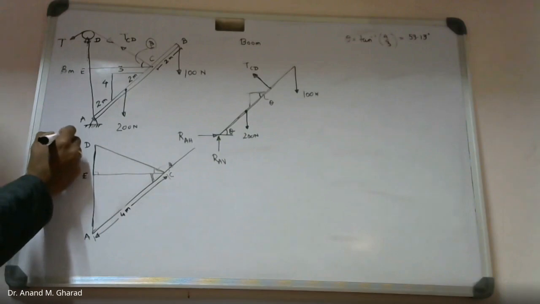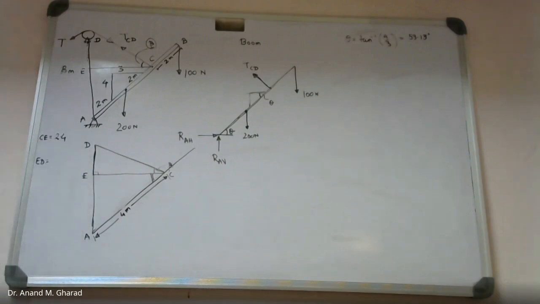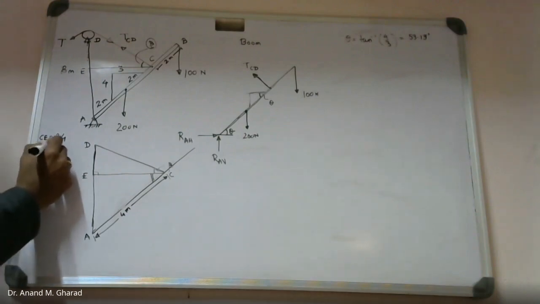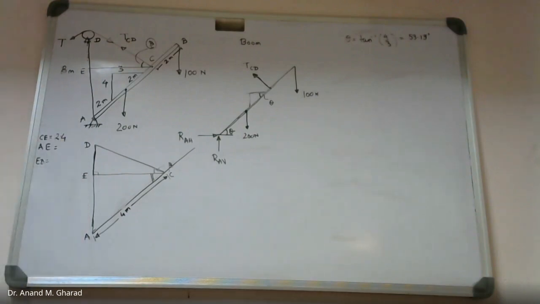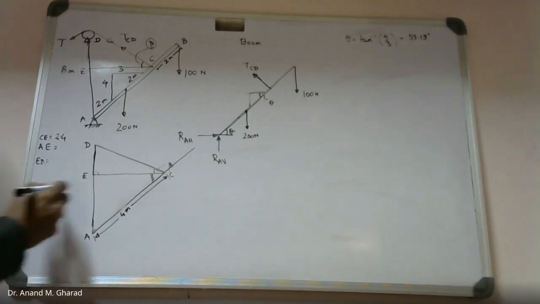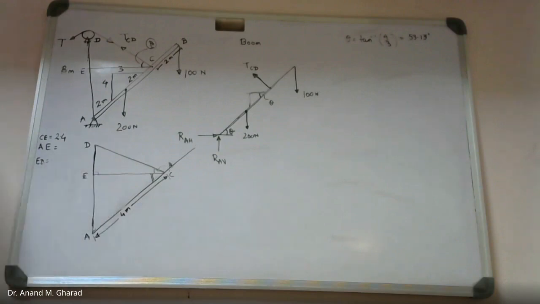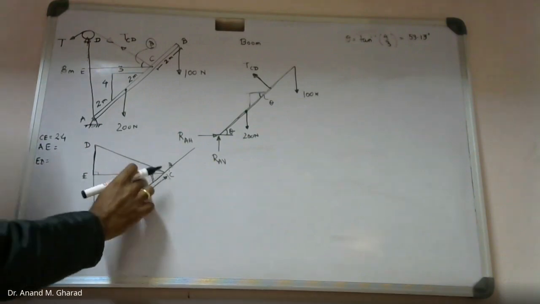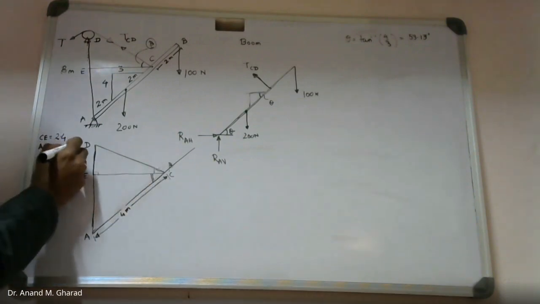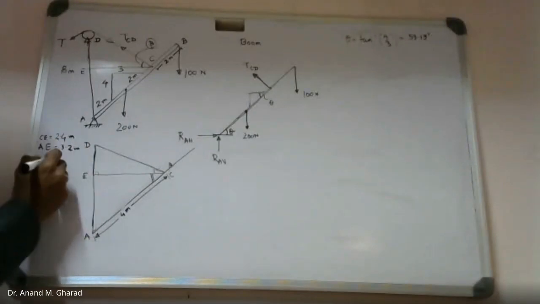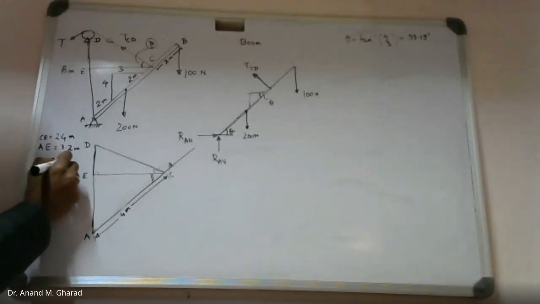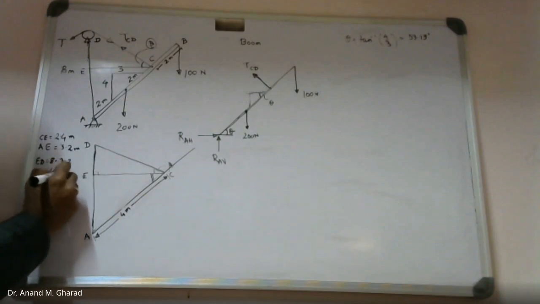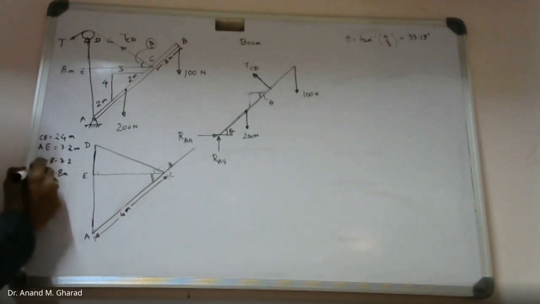2.4. Okay. CE is 2.4. Then what is AE? That is AE, it must be the sine component. Okay. So AE, if it is 4, am I right? It will be 4 sine 53.13. Yes, sir. 3.2. So this is 3.2 meter. So ED shall be 8 minus 3.2. Yes, sir. 4.8. 4.8 meter. Okay. So we have calculated this ED value,